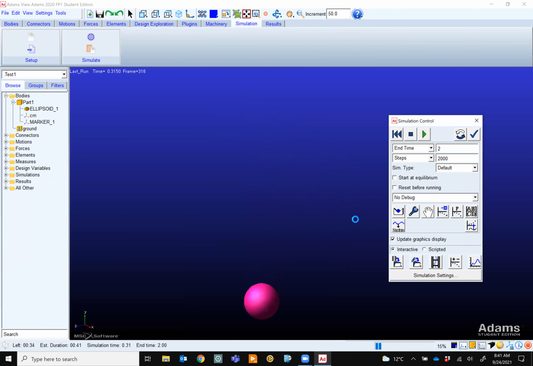Now, very important thing here. You may say, well, wait a minute, it is just a weight falling down and it is only 2 seconds, but here we are waiting for like 20 seconds. Yes. Remember, the actual time is 2 seconds. That's the actual time that we want the mechanism to be simulated in reality. But the time that it takes on our computer depends on CPU. It has nothing to do with the actual time. See, it takes about a minute to run these 2 seconds for me. And it shows the progress, and it highly depends on our computer CPU and the step that I selected here.